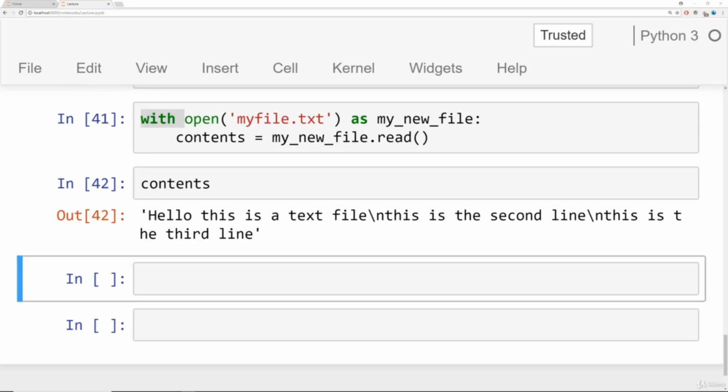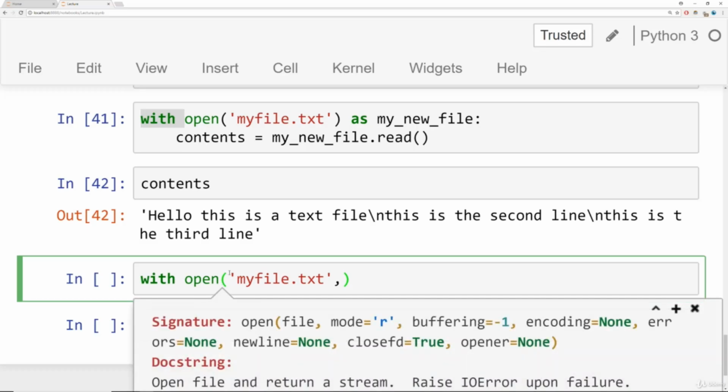Okay, let's finish off this discussion by talking about reading and writing to a file. Right now, you may have noticed that we've basically just been reading files, but we can also write to files and overwrite files. And that's a key difference that we need to appreciate. So we're going to say with open myfile.txt, comma, and what I'm going to do here is, right with my cursor right next to open, I'm going